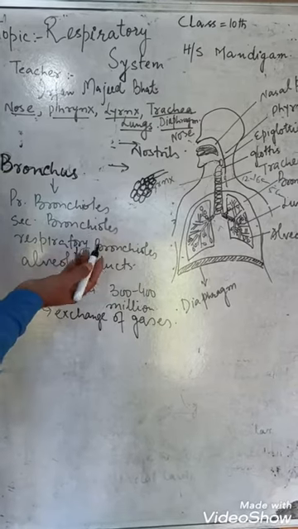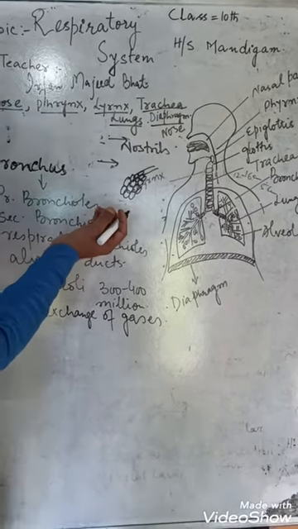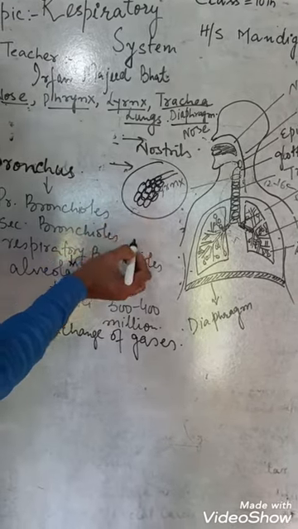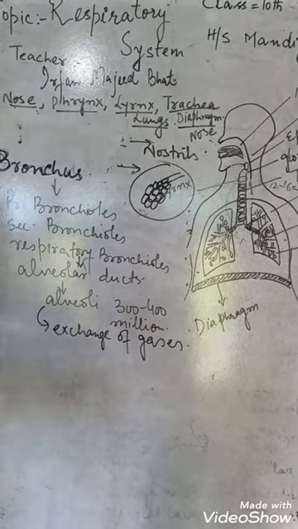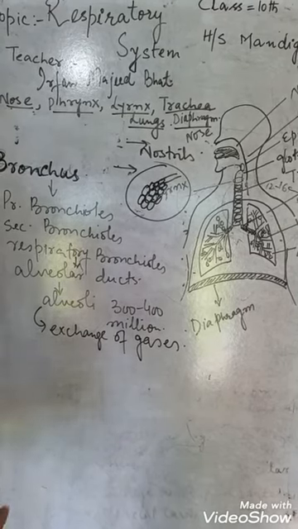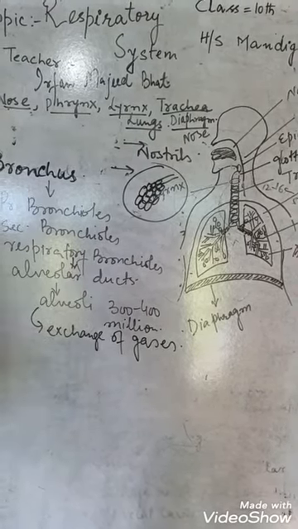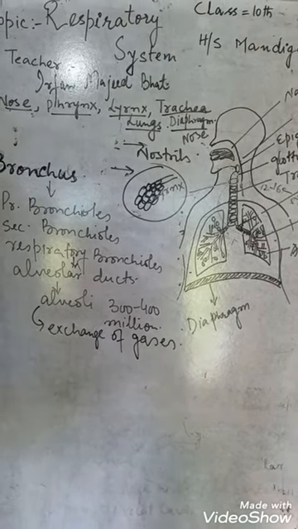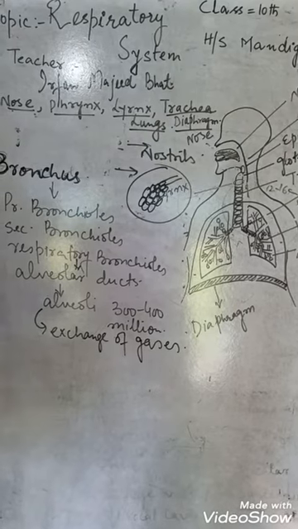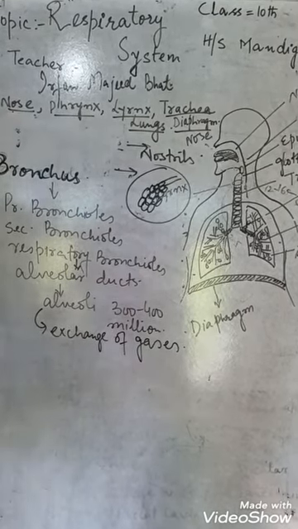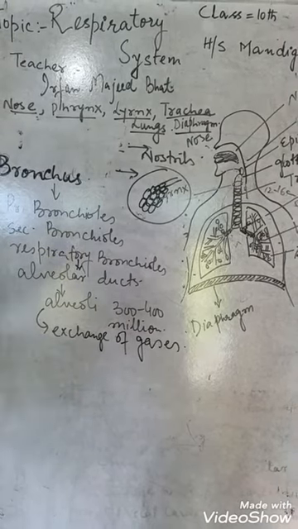These alveoli resemble the structure of a bunch of grapes. As here you can see, it is just like a bunch of grapes. There are around 300 to 400 million alveoli present inside our lungs, and these alveoli are the sites where the exchange of gases takes place, where oxygen mixes up with our blood and carbon dioxide is released into the alveoli for exhalation. That is entirely a different topic, exchange of gases, and I would like to discuss that in some other lecture.